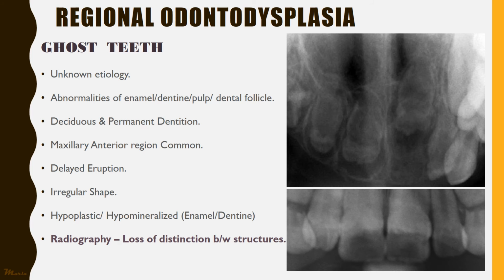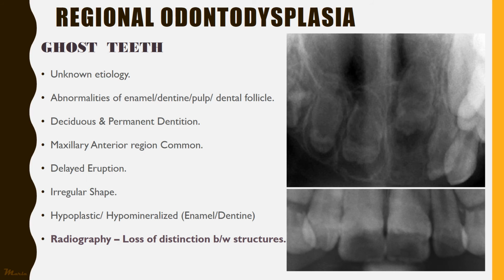The maxillary anterior region is the most commonly affected. Other anomalies related to this type of developmental defect give rise to delayed eruption, abnormal shape of the teeth, and severe hypoplastic, hypomineralized defects involving the enamel and dentin. Because all the structures of the teeth are affected, there is a loss of distinction between the two structures, that is